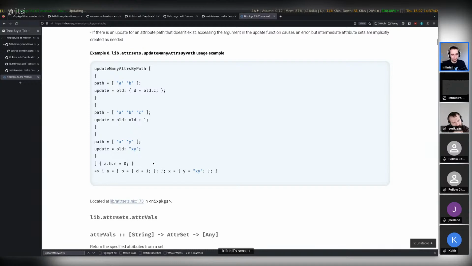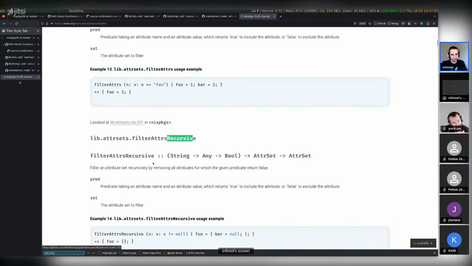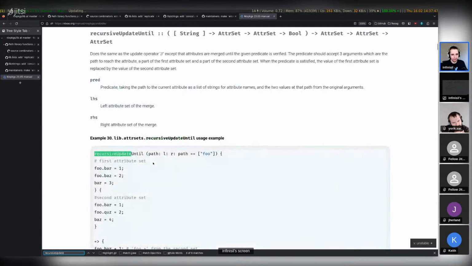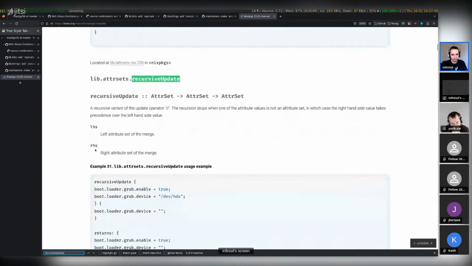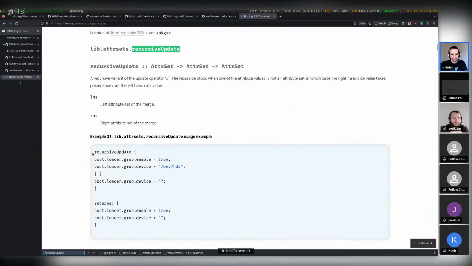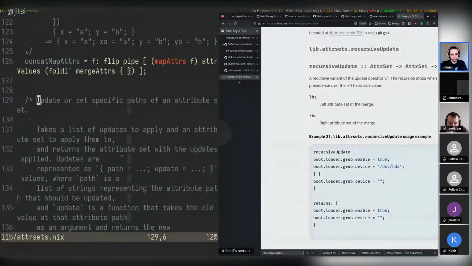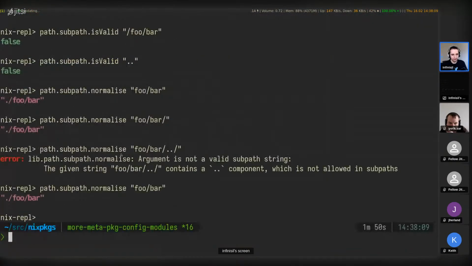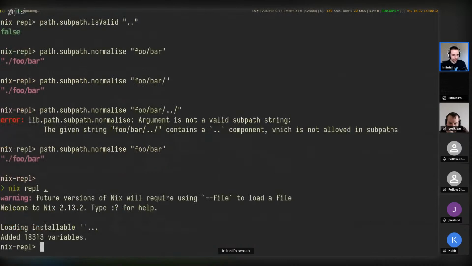And so you might wonder, what is the difference to recursive update? This is a fairly commonly used function, and it's a lot simpler to use. It's kind of like an update operator, but more recursive. And so you can do things like this, which is almost the same. But there is a slight problem with this, and I have run into this, which is why I created this function. And that is that if you do recursive updates,